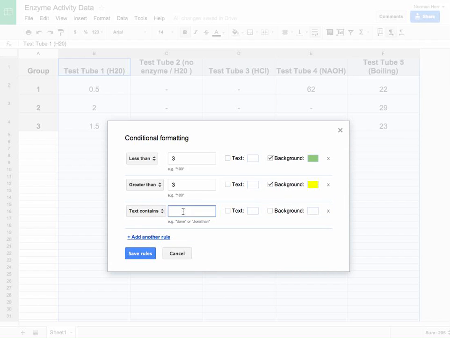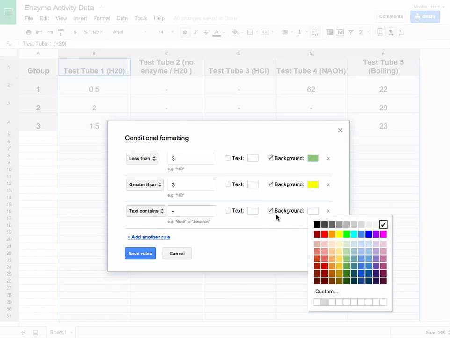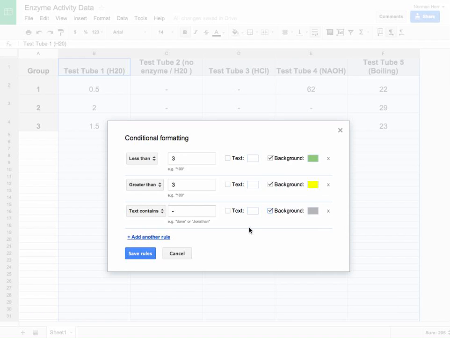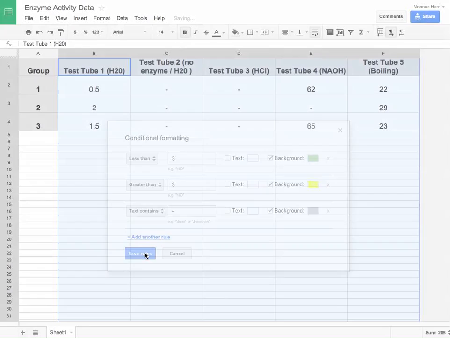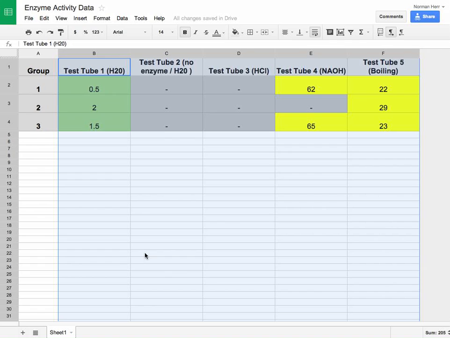Just say if the text contains a dash, then we're going to say that there was absolutely no effect on that one. So let's color that one there. Let's say dark gray. Okay. In this case, when I say no effect, I should have said that it was just taking too long to record. So let's say over 100 or something like that, and they just ran out of time and put a dash. So when you plot that, all of a sudden you see the visual data and you realize,